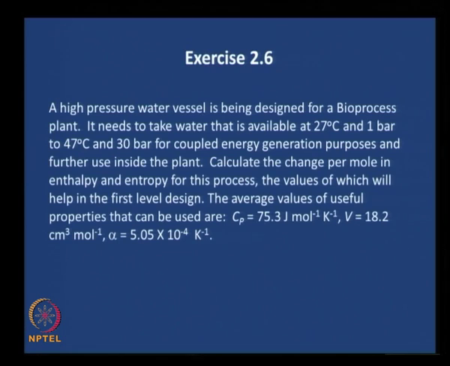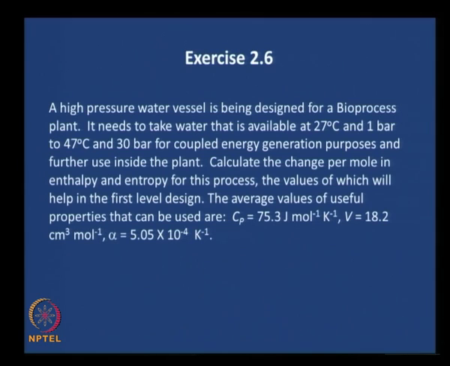Now that we have the expressions for the variations in enthalpy and entropy of 1 mole of a pure substance in terms of T, P and other easily measurable variables, we will look at an exercise where we can get more comfortable with the use of those equations. As earlier, I am going to present the exercise, then I will give you some time, maybe 10 minutes, to work things out, think through it first.